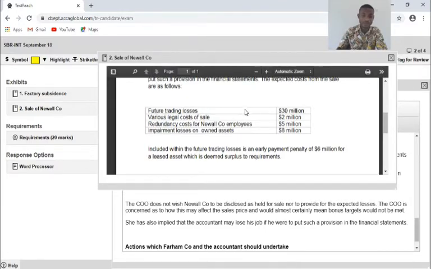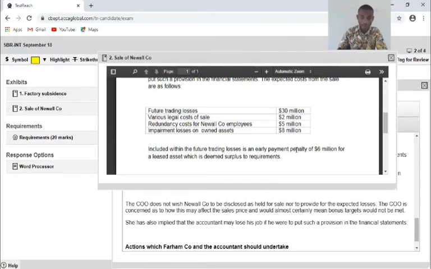So future trading losses, I'm thinking which standard? IAS 37. IAS 37 Provisions, Contingent Liabilities, Contingent Assets. Then various legal costs, redundancy costs, impairment losses, and it says that included within the future trading losses is an early payment penalty of 6 million for a leased asset which is deemed surplus to requirement.